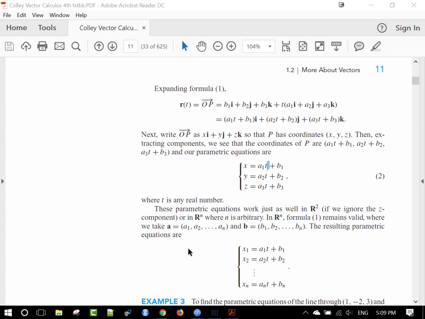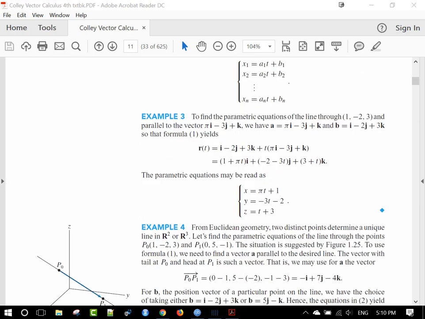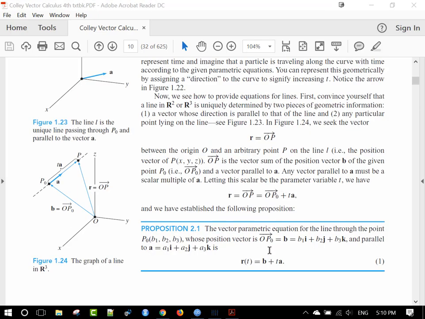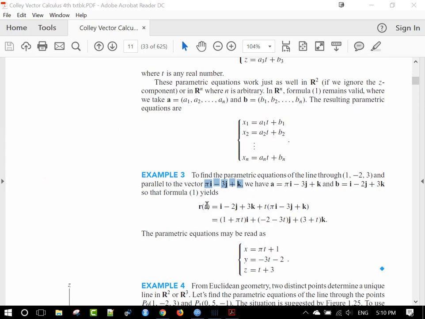So here's an example. To find the parametric equations of a line through a point, so we need a point, and parallel to a vector, so we need a vector. So it was R equals B plus tA, wasn't it A? Yeah, R is B plus tA, so they called it A. So we write R is B, here's B somewhere, B plus t times this, so that's that. And then they collect the I's, the J's, and the K's here. So they get this, and then they just say X equals,